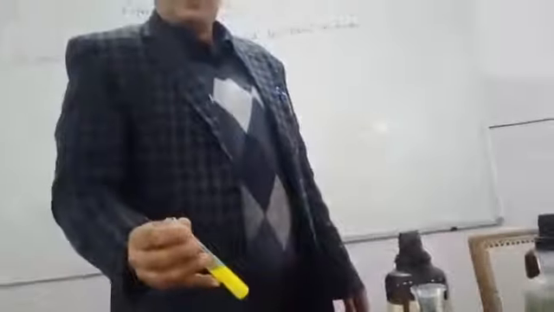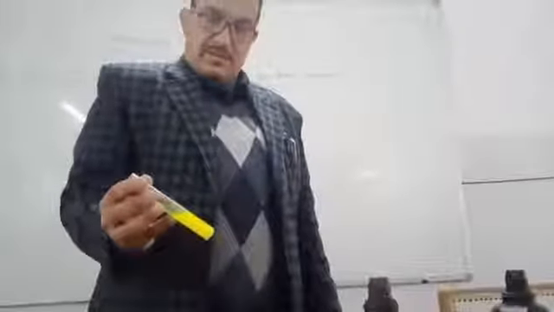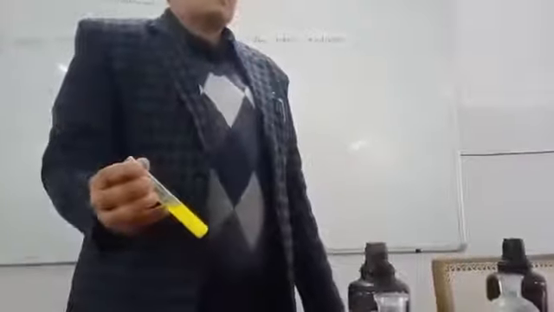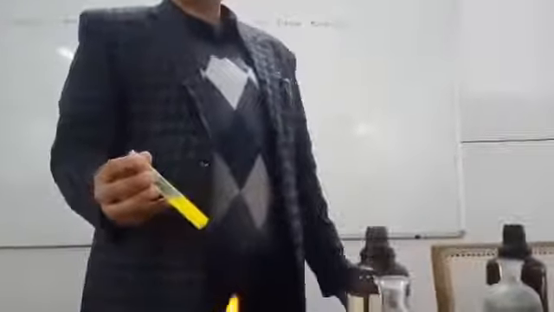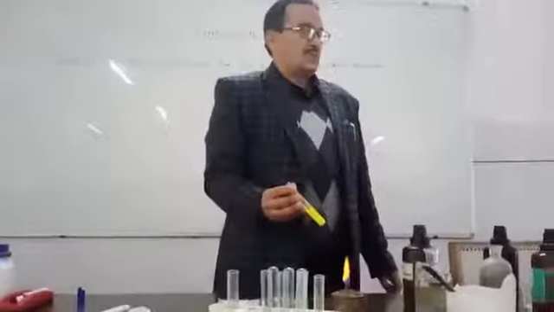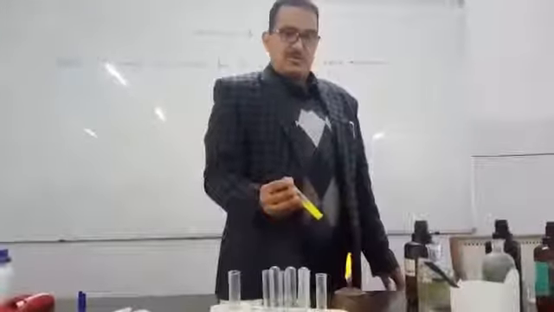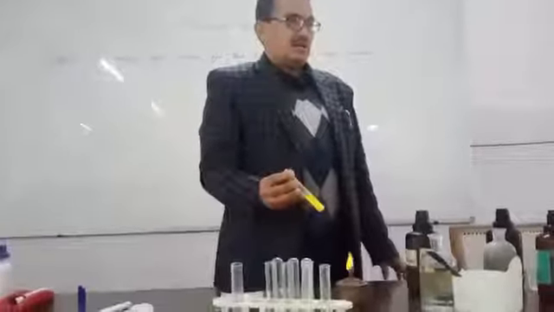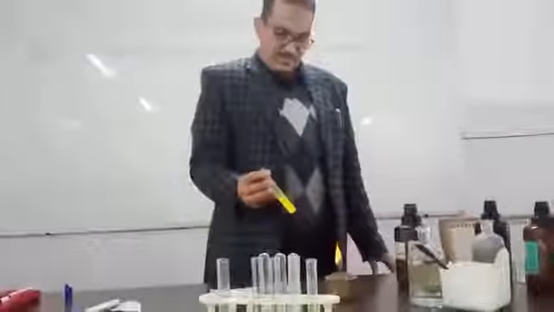After adding potassium chromate, we get a yellow color precipitate, which indicates the presence of barium. This light yellow precipitate indicates the presence of barium, so we have identified two acid radicals, carbonate and bromide, and two basic radicals, cadmium and barium. Overall, these are the four different radicals present in the given mixture. Okay, thank you very much.